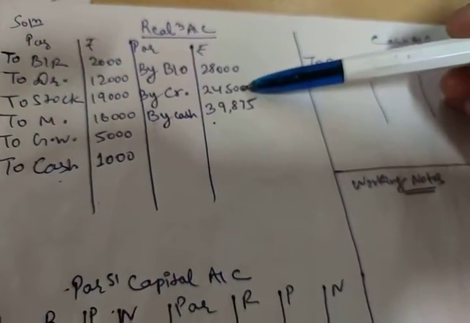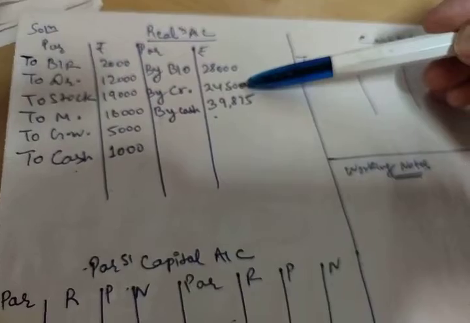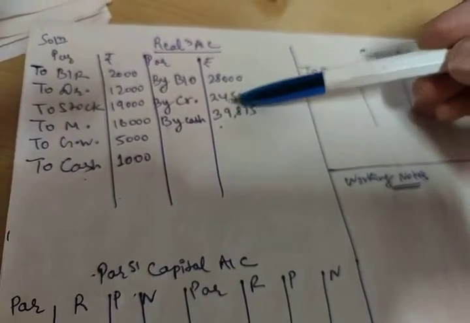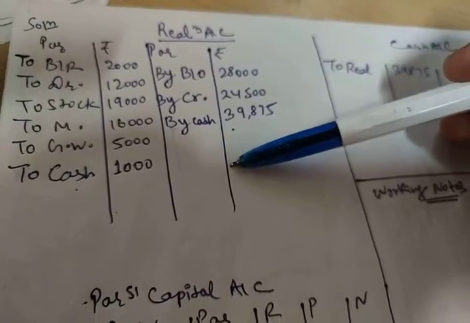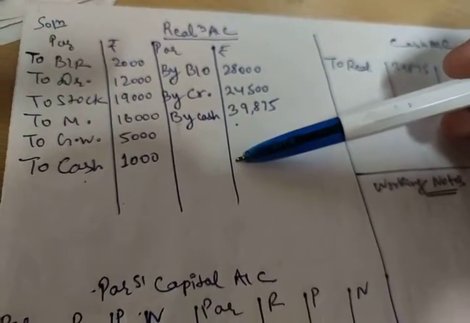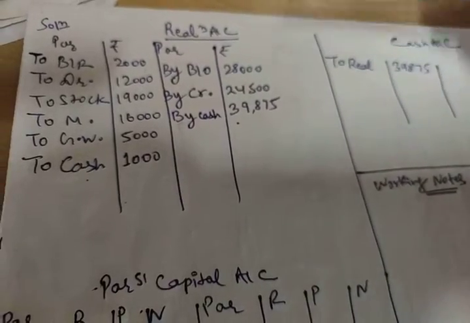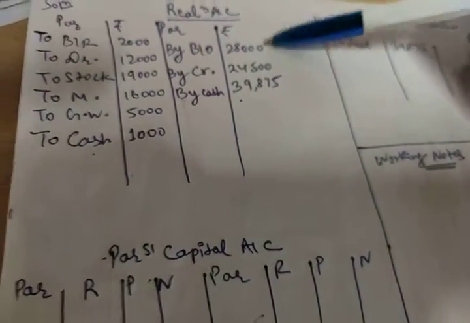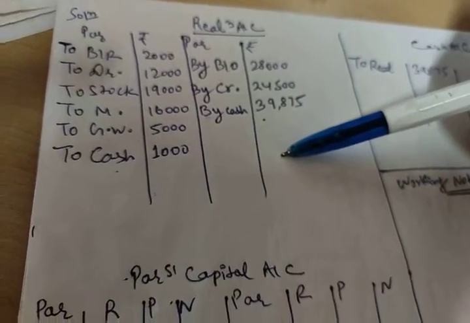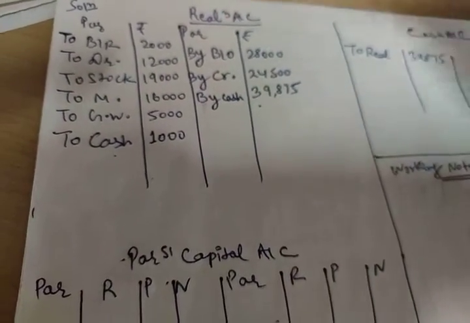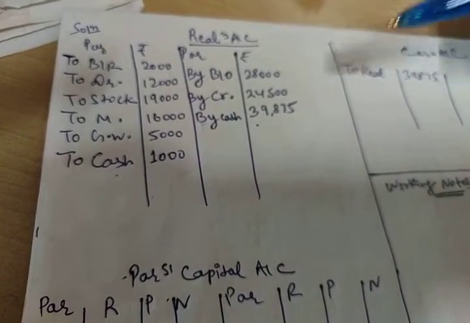Now in last class also all the partners got insolvent, but there I opened a separate account for outside liabilities. But in this one I am going to take the outside liabilities also in the realization account. Any one method we can follow, okay. So last class I followed the method of opening a separate account for outside liabilities. This time I am going to transfer them in the realization account only.